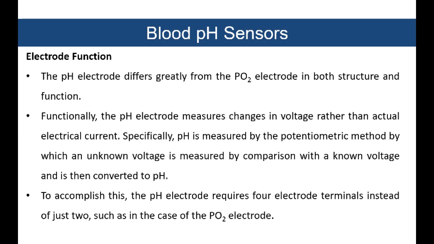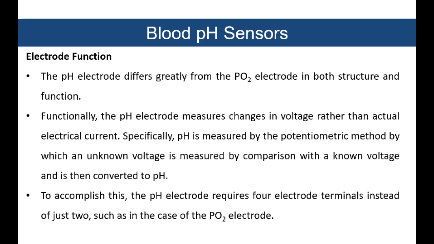To accomplish this, the pH electrode requires 4 electrode terminals instead of just 2, such as are already present in the PO2 electrode. When we see the PO2 electrode, it basically has the 4 electrode terminals. Nowadays they mostly use 2 electrode terminals, but in traditional methods they had the 4 electrode terminals. The functionality of the pH electrode and the PO2 electrode are the same, the structure is the same, the mechanism is the same, just